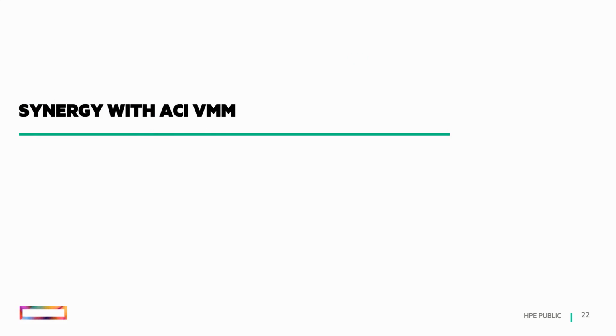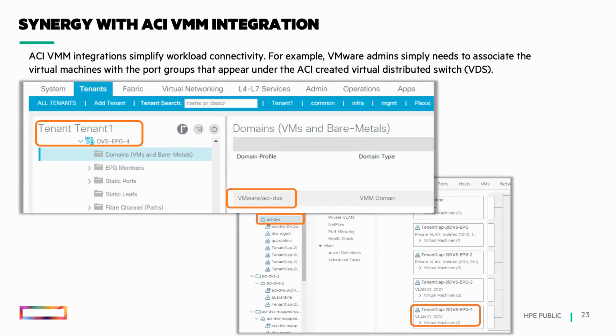Okay, so another common topic for customers is, okay, my ACI is doing the VMM integration with VMware, and does it work with the Synergy? So pretty much ACI VMM really simplifies workload connectivity. You define inside the ACI a virtual networking component linked to the vCenter, and inside your EPG, you can associate